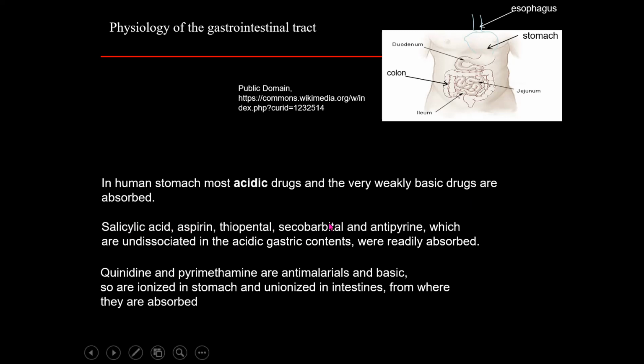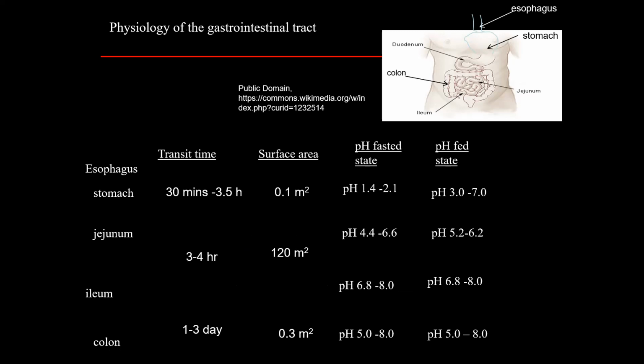Okay, so when you design a drug, it should be undissociated in the acidic environment. The pH of the stomach is very, very acidic, so we don't want the drug to get dissociated in the stomach. If you design it like that, it will be neutral, so it will get absorbed. But if it gets dissociated at this pH, it will be polar, so it will not get absorbed. Whereas when it goes down in pH, it will get absorbed.